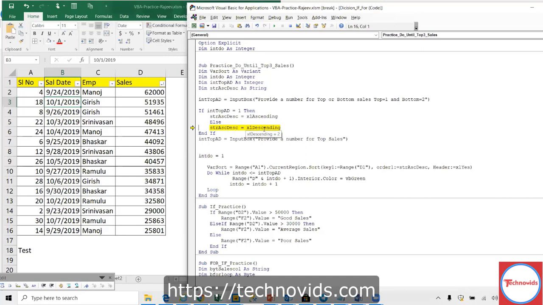I did it in reverse, huh? Descending it's doing, no? For bottom, I thought I would do ascending. Top is always descending, correct. So let it be ascending.